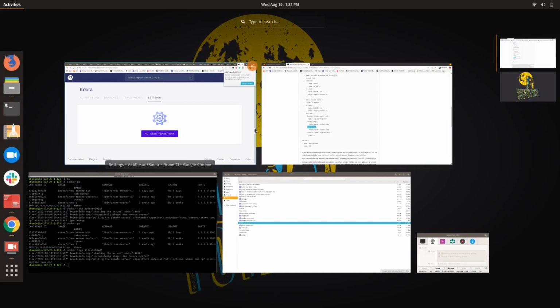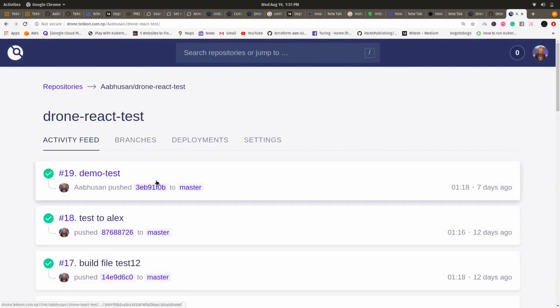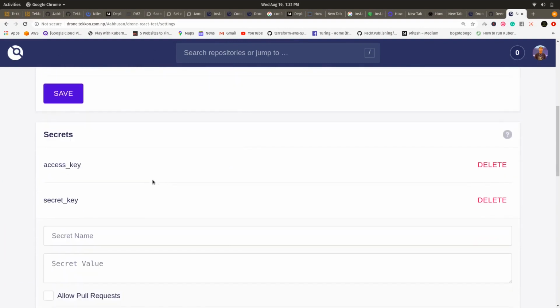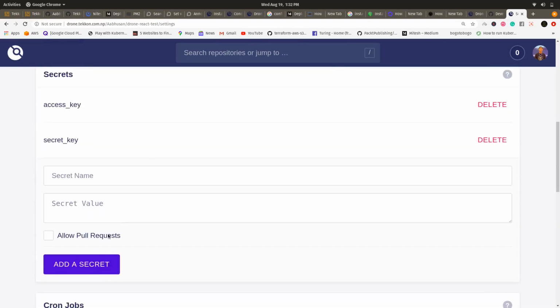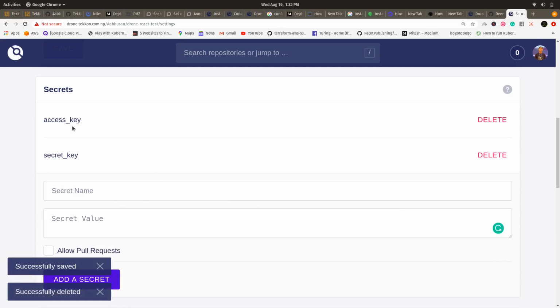So since I am using this repository drone-react-test, and in the settings I have activated the repository, in this secret part you just need to give the access key and secret key. You just give the access key name and your value, and you add a secret, then the secret will be added here. In this way you have to add the access key and secret key of your AWS account, which has read-write or some good privileges to